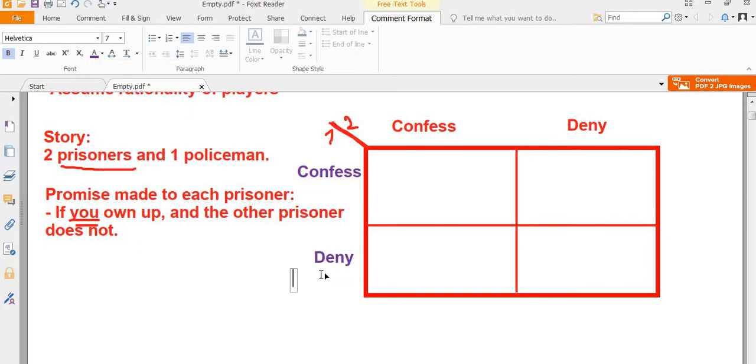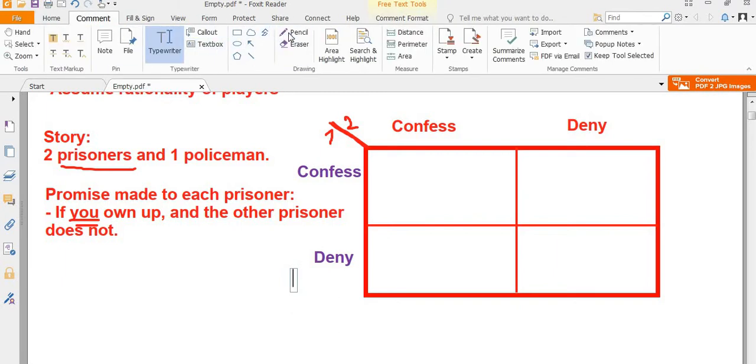So prisoner 1 has two options to make. Either he or she can confess to the crime, or he or she can deny committing the crime. Similarly, prisoner 2 can either confess that yes, I have made a bad move, or I have done something wrong, or prisoner 2 can deny, no, I haven't done anything wrong. The promise is that if you own up, suppose I'm talking about prisoner 1. So the policeman has called prisoner 1 separately into a room, and says, if you own up, if you confess, if you own up means you confess,